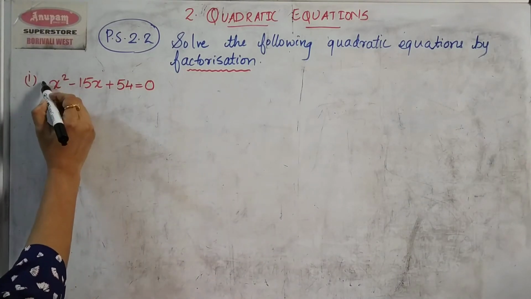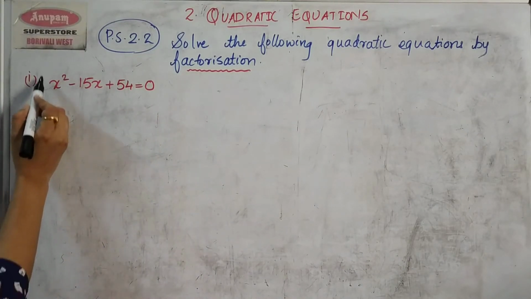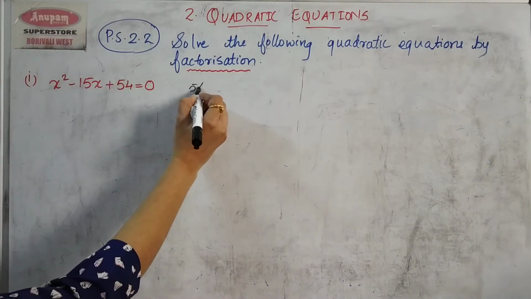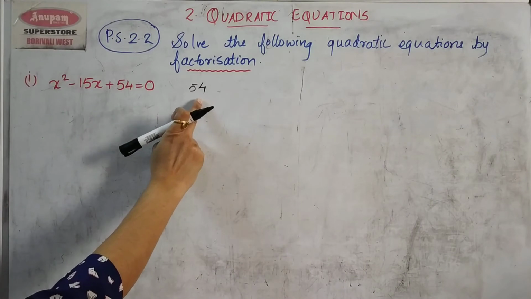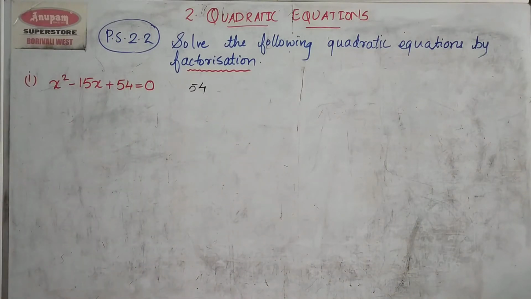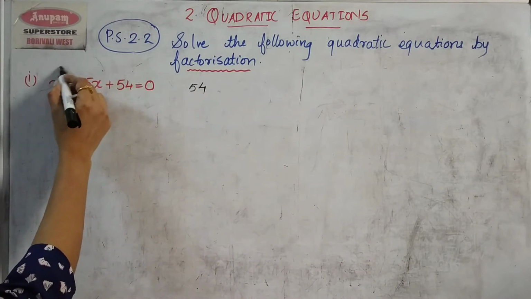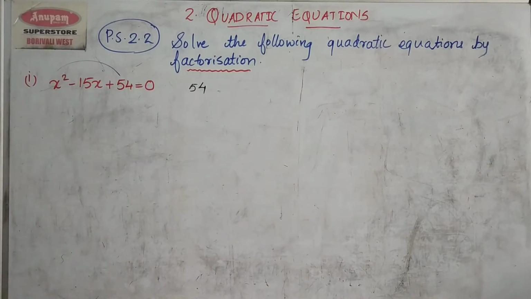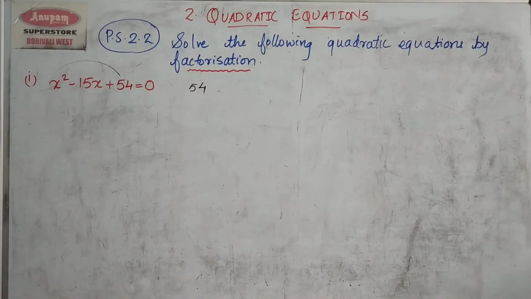So always we multiply the number here with the c and we find out what the number is. Since there is no number here, means there is 1. So 1 multiplied by 54 is 54. Now when we solve this question, children, we want two such numbers whose product should be 54 but the sum should be 15. We multiply this into this, whatever number we get, we have to find the factors in such a way that the two numbers should give me minus 15 as the answer.